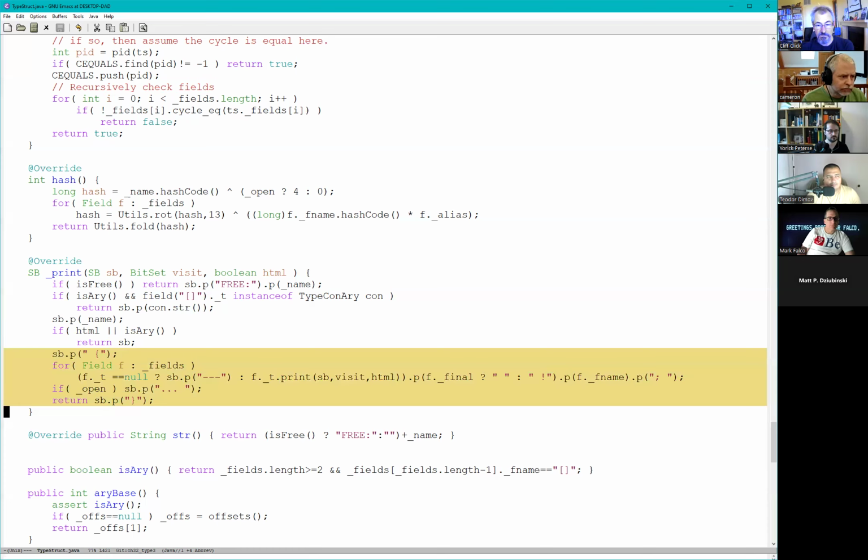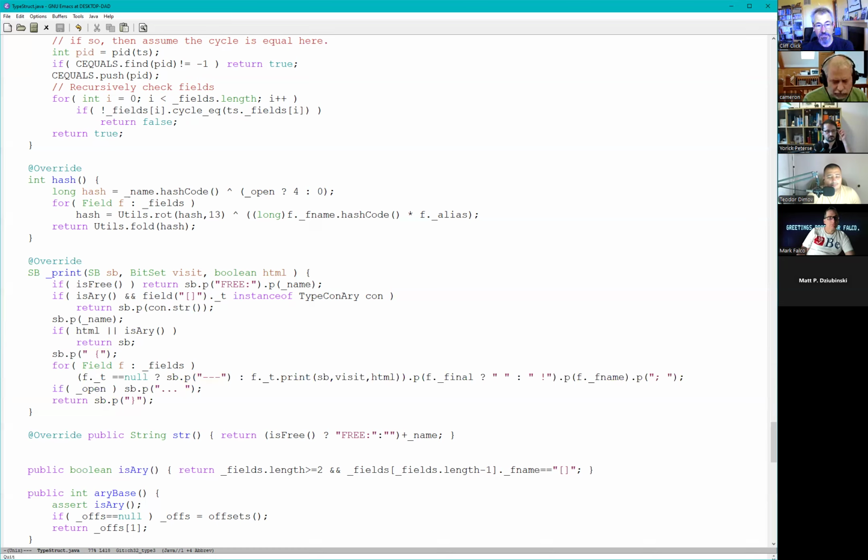Because it's the debug print, it includes a lot of handling for broken cases, like I have a field and the field does not have a type. Because it doesn't have a type, I don't have to recurse, but I need to not crash in the debug print. So the debug print will handle broken cases left and right.